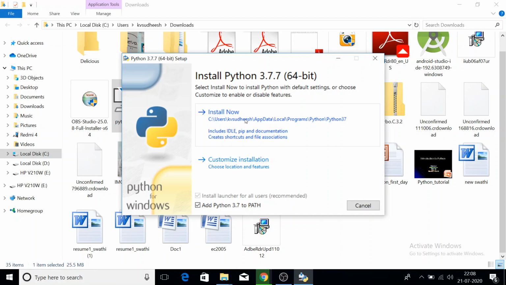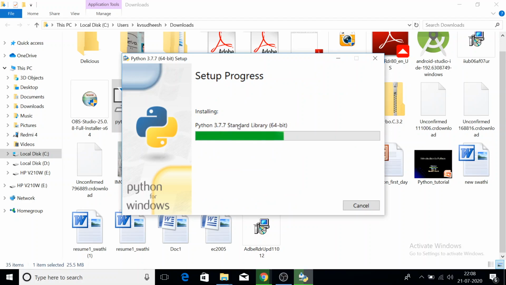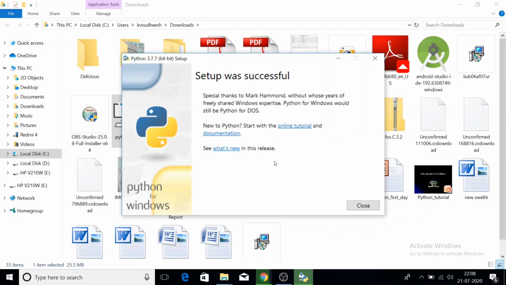Okay, here it will install to a default location. Okay, you can see the location C/users, like that. The installation has started. You can see the different tools that were seen under the custom installation are installing here. Pip tool, TCL/TK tool, etc. So the Python installation setup was successful now.